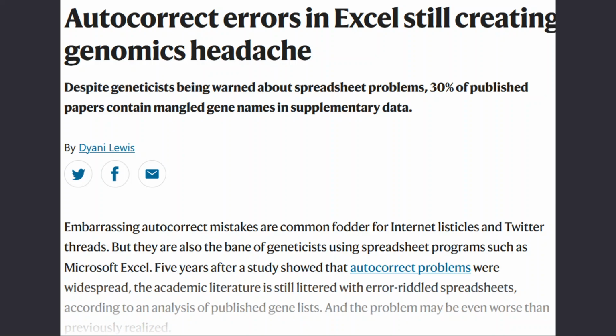Therefore you can assume that around 30% of all the published papers have errors in their data. So this is also quite a funny error. And you see, Excel is also used in the field of research.